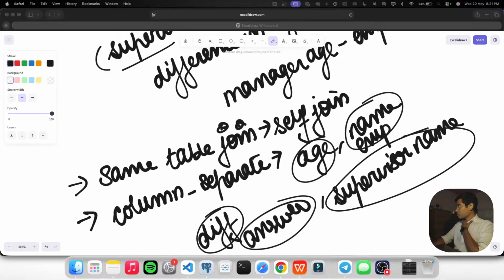Anybody have any doubts in this? Please ask your doubts. Anybody have any doubts? किसी को कुछ भी डाउट हो लाइव स्ट्रीम में प्लीज़ आस्क योर डाउट्स।